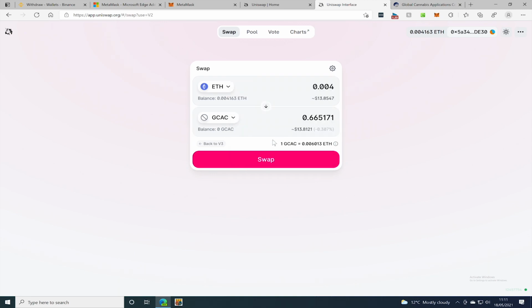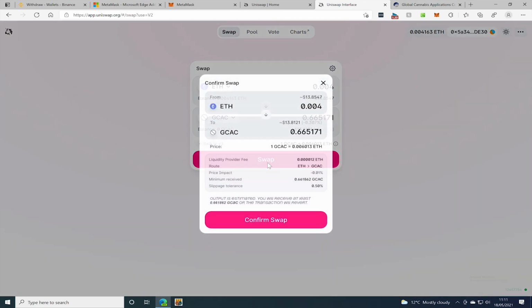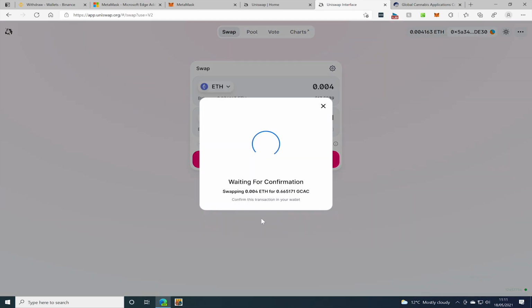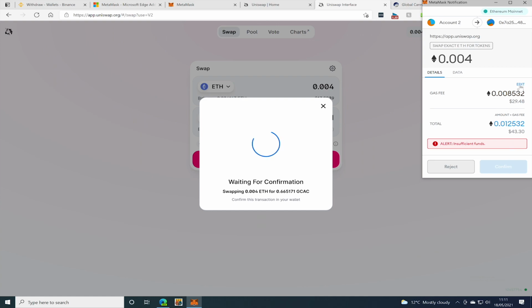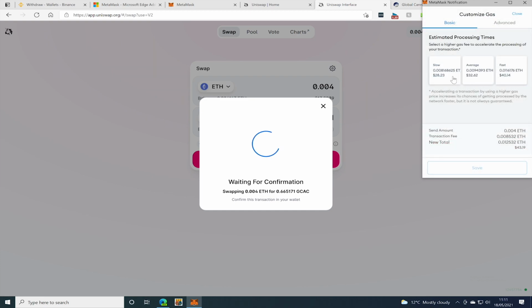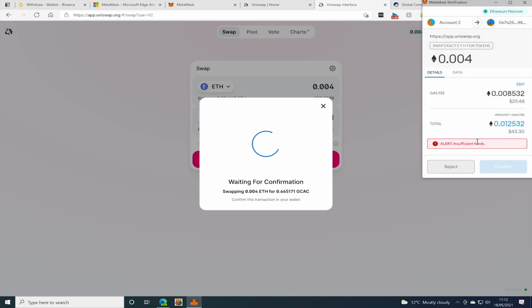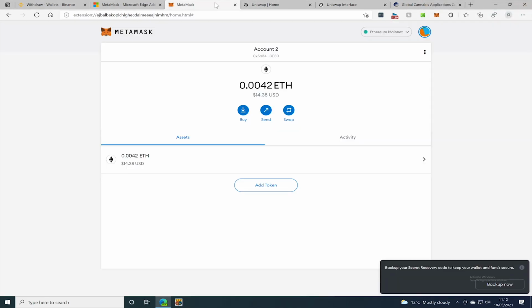So all we need to do now is just swap our Ethereum, confirm swap, and then your MetaMask will show you a gas fee. This is just basically the fee that you pay for the transaction. You can choose what speed you want the transaction to go through on. Slow most of the time gets through, so if you want to try slow, feel free, but the fees aren't awful at the moment compared to what they used to be. So all you need to do is just press confirm, and then once you go back to your MetaMask,